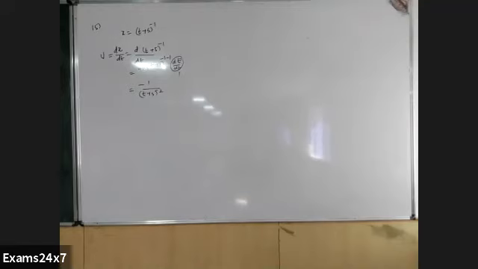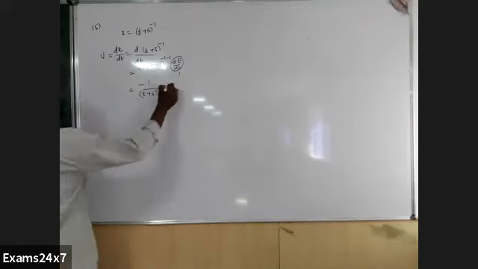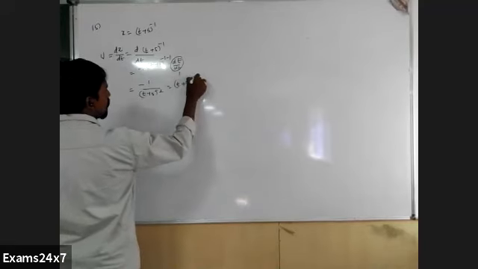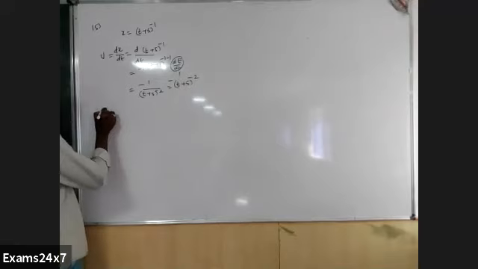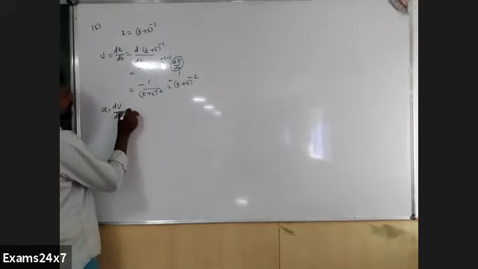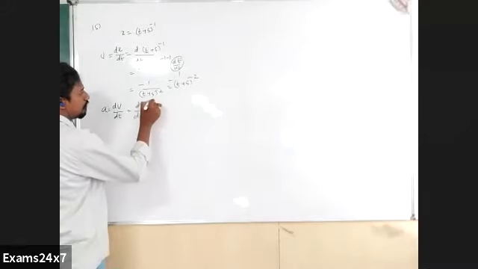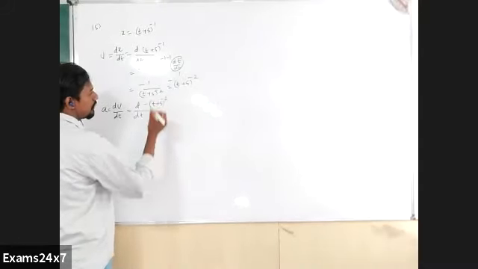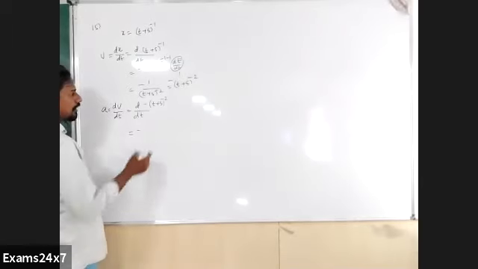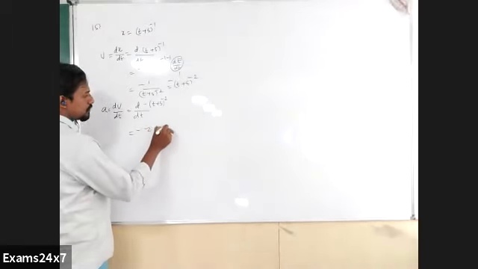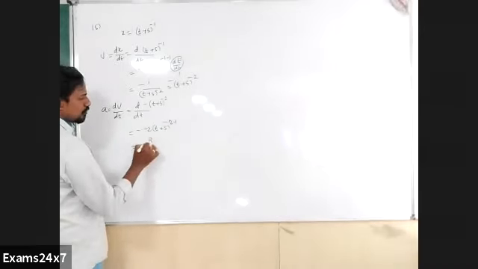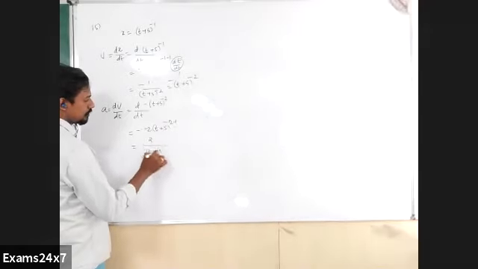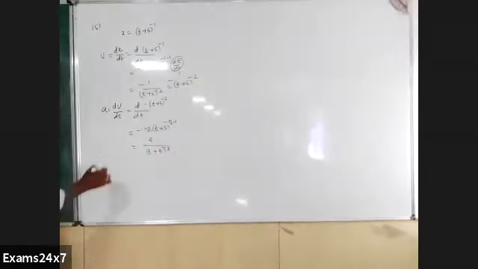The velocity is equal to minus (t plus 5) to the power minus 2. Yes or no? Basic differentiation. Now differentiate once more. Acceleration is equal to dv by dt. That is d by dt of minus (t plus 5) whole to the power minus 2, that is equal to minus 2 (t plus 5) to the power minus 2 minus 1 into 1. That is 2 by (t plus 5) whole to the power 3. That is acceleration.